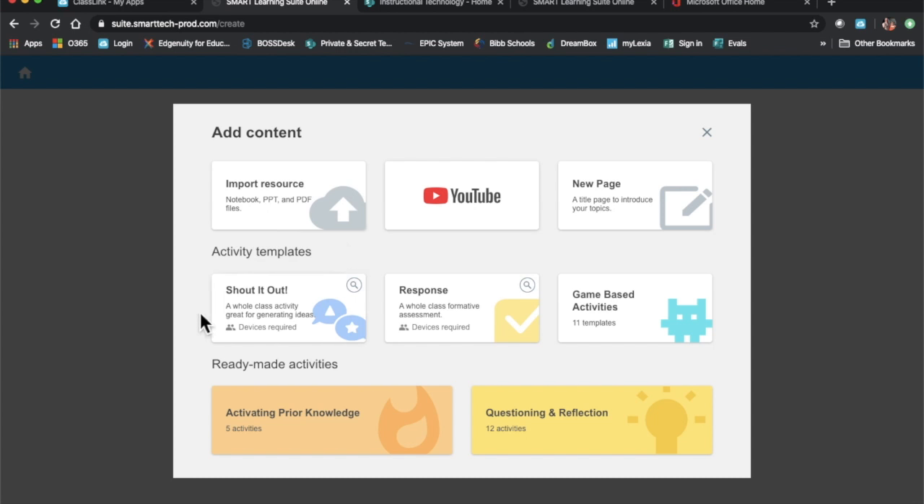This is what we were referring to as the Smart Labs. There are several different types of Smart Labs. There's Shout It Out, there's Response, and then there's game-based activities that we're going to talk about in just a minute also. Shout It Out first, we'll start with that, is an activity that you can do with your whole class. It is an excellent way to allow your students to express their personal voice. It's a very good activity for brainstorming, categorizing, predicting, giving conclusions, lots of different ways,